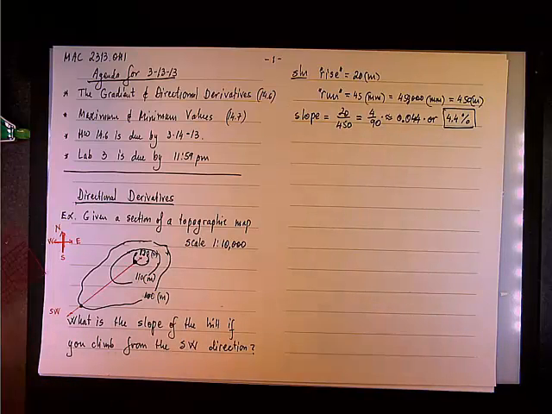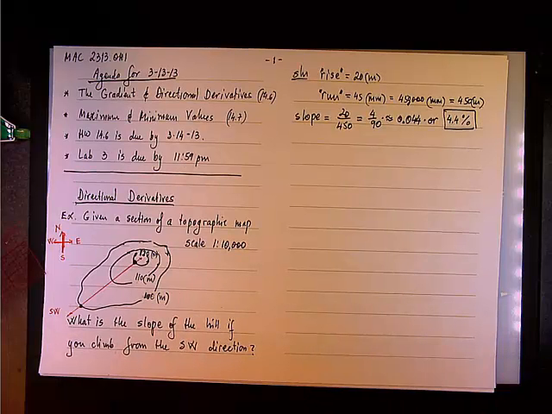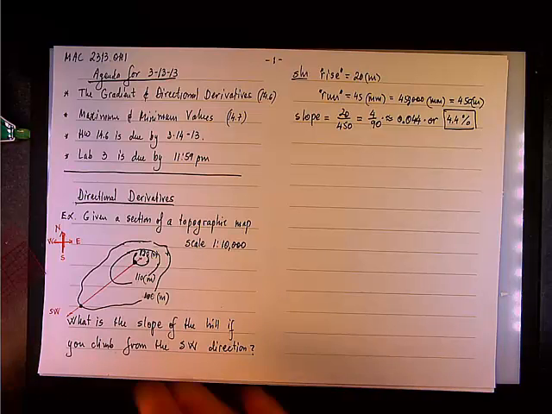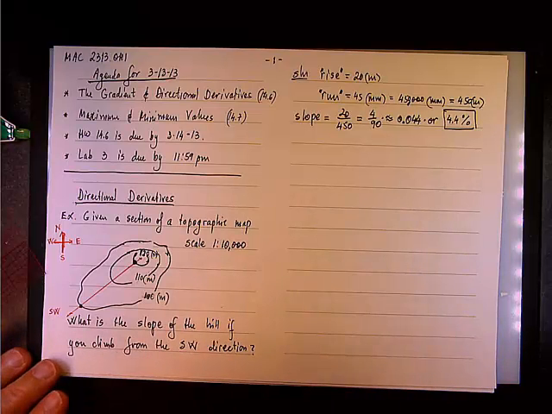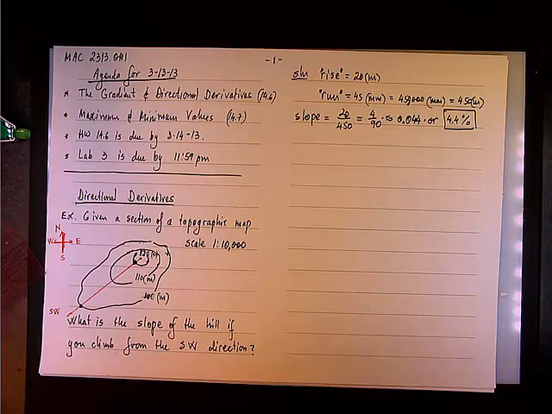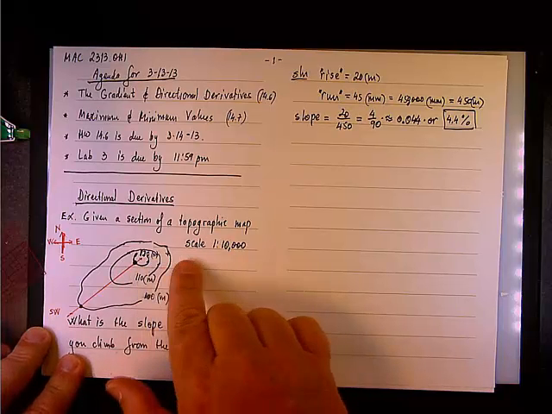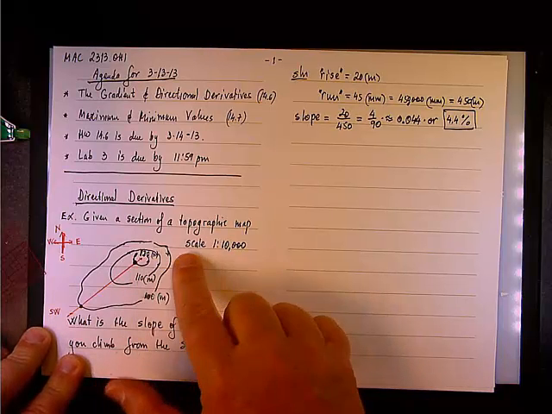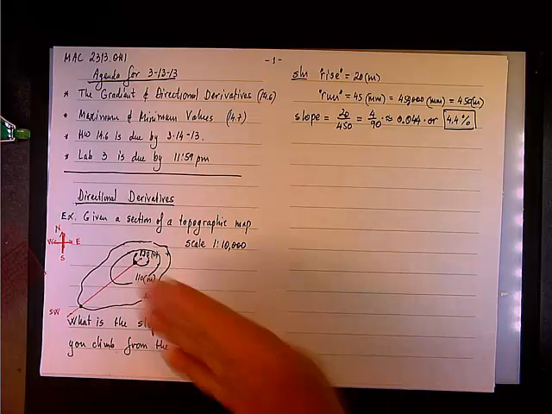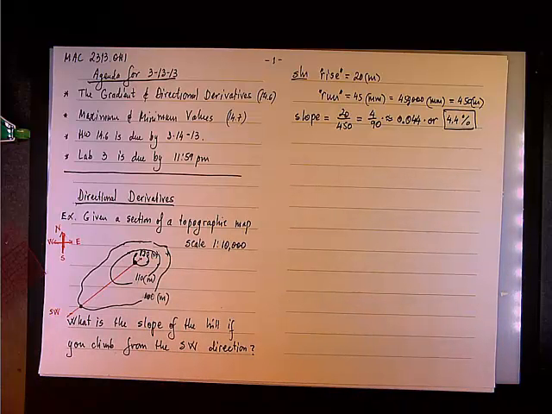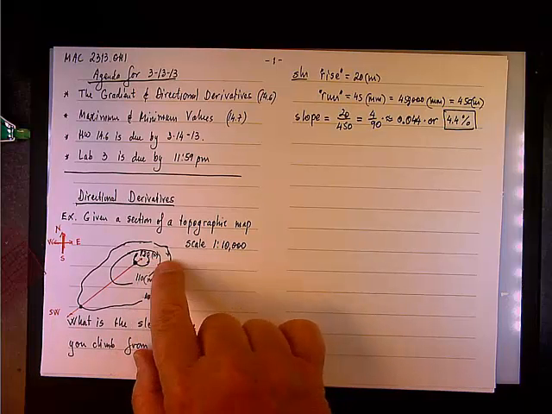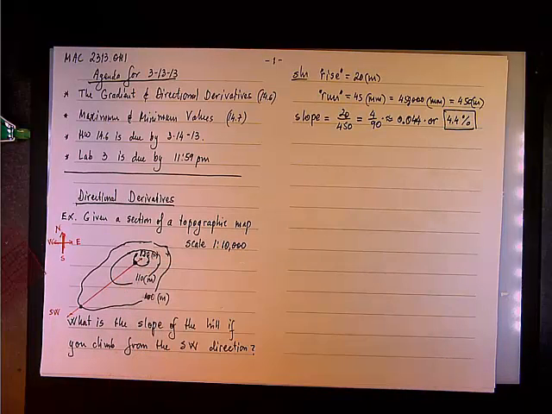So the purpose of this exercise is to show you that, unlike single variable calculus, where a slope is a slope and when you take the derivative you get the slope of a tangent, when you do multiple variable derivatives or partial derivatives, it depends in what direction you go. For instance, if we wanted to find the slope coming from the east, it will be much steeper